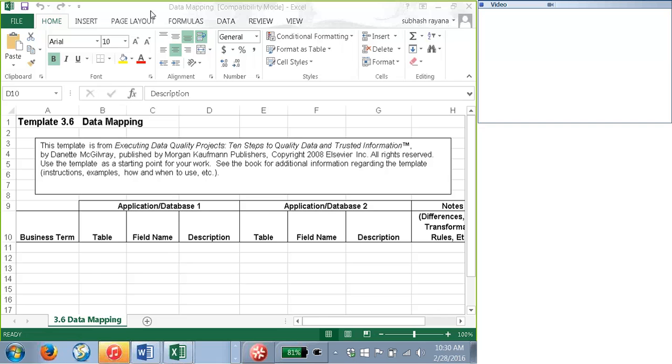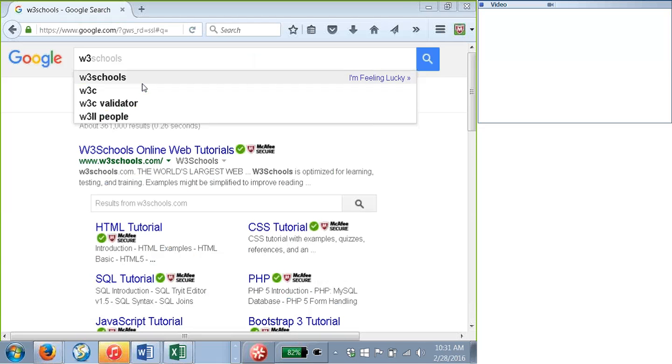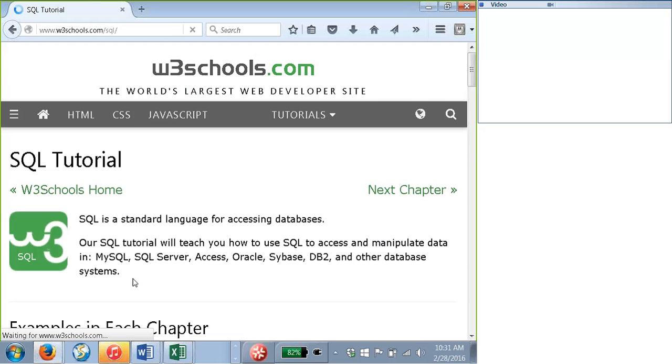Basically, SQL is not hard. Okay, so we have this website, W3 Schools SQL. There is a website which is w3schools.com SQL. This is a very simple website. Any individual with zero background can easily learn SQL syntax and commands,